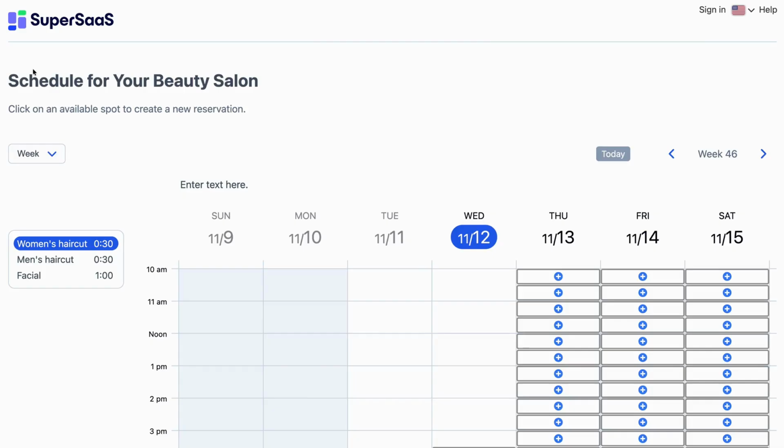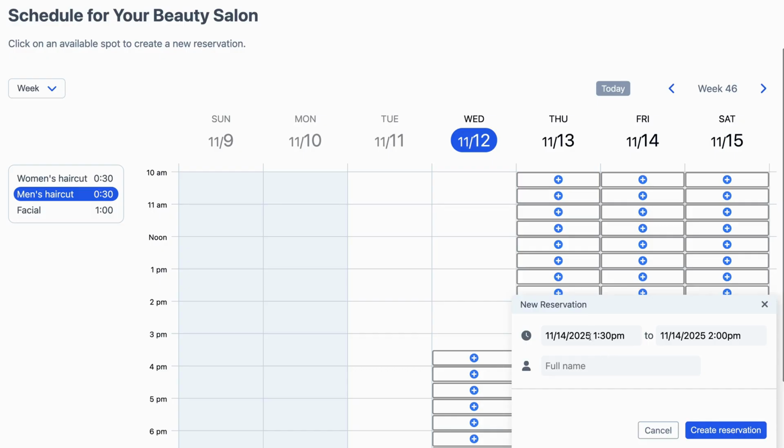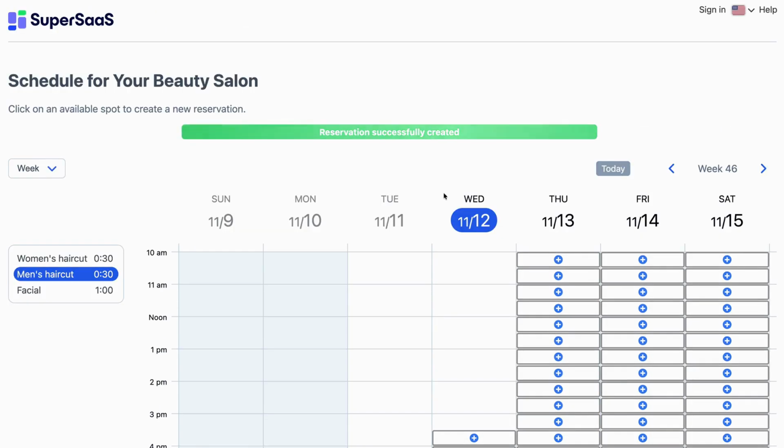Let's see what this would look like for your clients. To see the schedule as your clients see it, log out and return to the schedule as a regular user. Clients only see the slots that are available, which is a combination of the availability of the various resources. When clients schedule an appointment, they don't have the option to choose the assigned staff member now, and they're not bothered by which hairdryer is used.